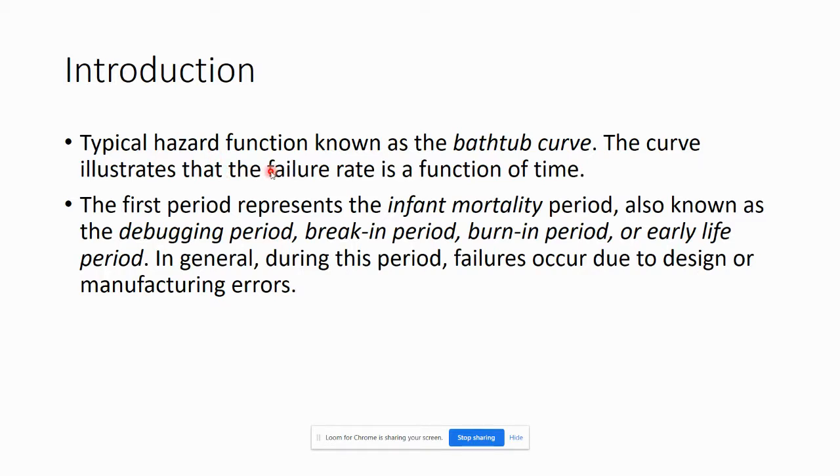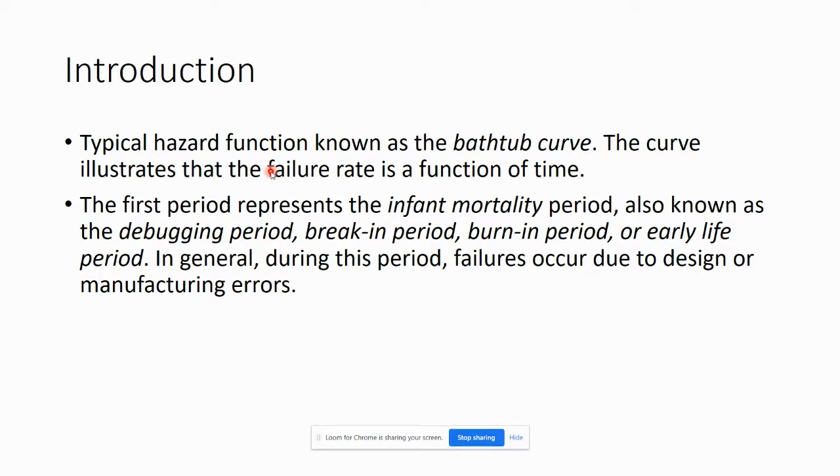So when we talk about the bathtub curve, there is a concept called failure rate that arises. For any component, at one time, it will fail. At one time, components will break down. How fast this happens is controlled by the failure rate of the component. For example, if your computer breaks down once every year, the failure rate will be 1 per year. If a computer breaks down once every 2 years, then the failure rate of the computer is 0.5 per year.